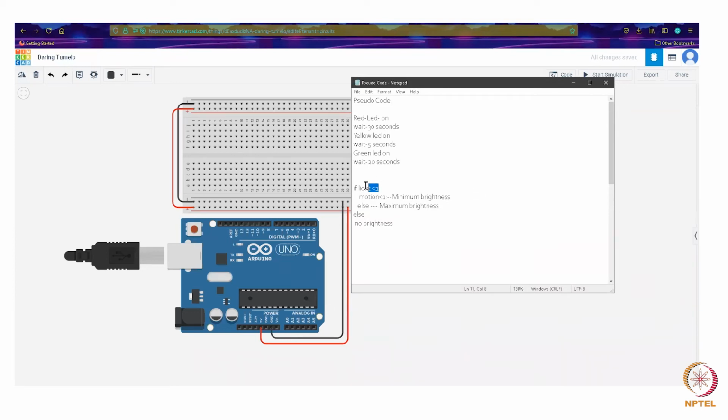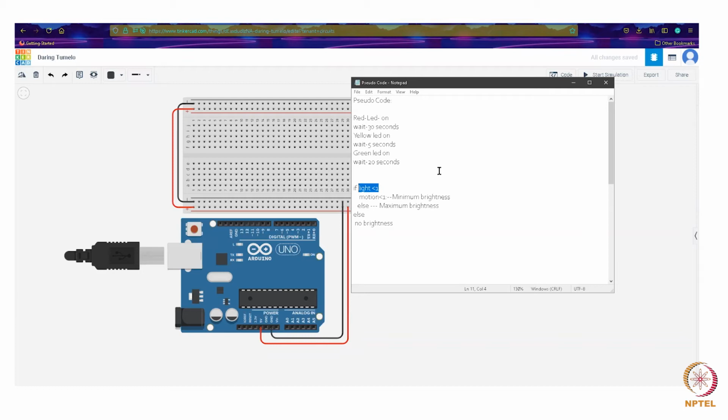Now we'll be looking at the light. If the light is less than a certain intensity, say it's evening time, the ambient light will be less than a certain threshold. So our first trigger condition would be the light being less than a certain threshold. And then we'll be looking at the people passing by. So we'll be using a light detection sensor followed by a motion sensor. The motion sensor will be looking at the people passing by. If we detect any motion, we will set the lamp to maximum brightness, or else we'll set it to minimum brightness.